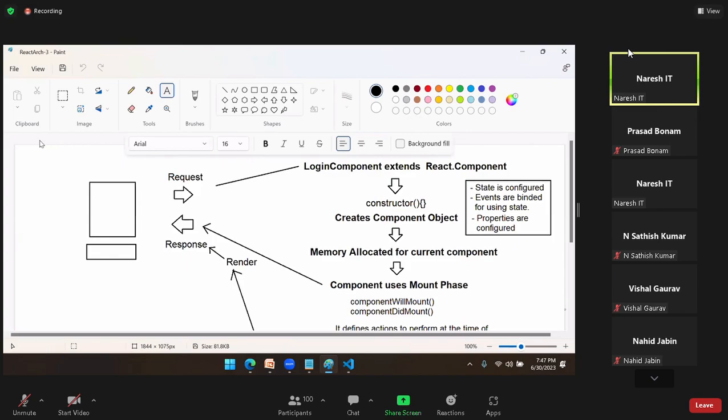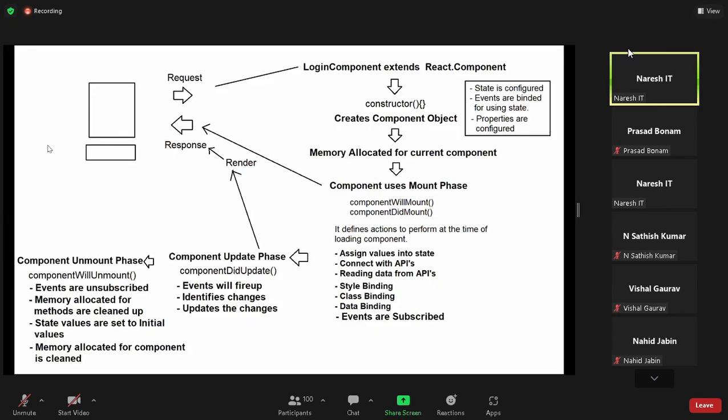All this explanation I will upload into class in detail, right? This diagram of explanation. So you should know that